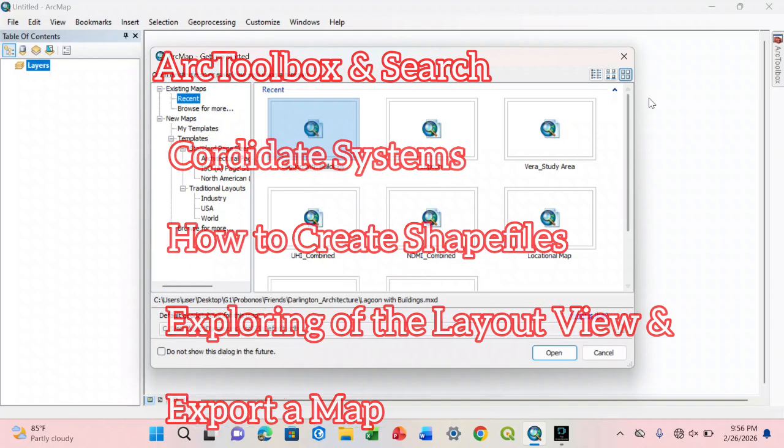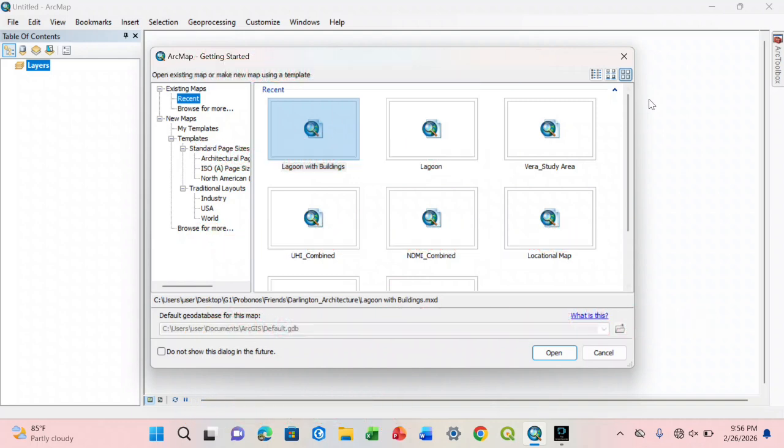So these are the stages we are going to go through, and by the time we are done, you'll be well familiar with this software and you can visit my channel and start watching some of the videos to create your favorite maps. Okay, so first of all, the moment you open ArcGIS like this,